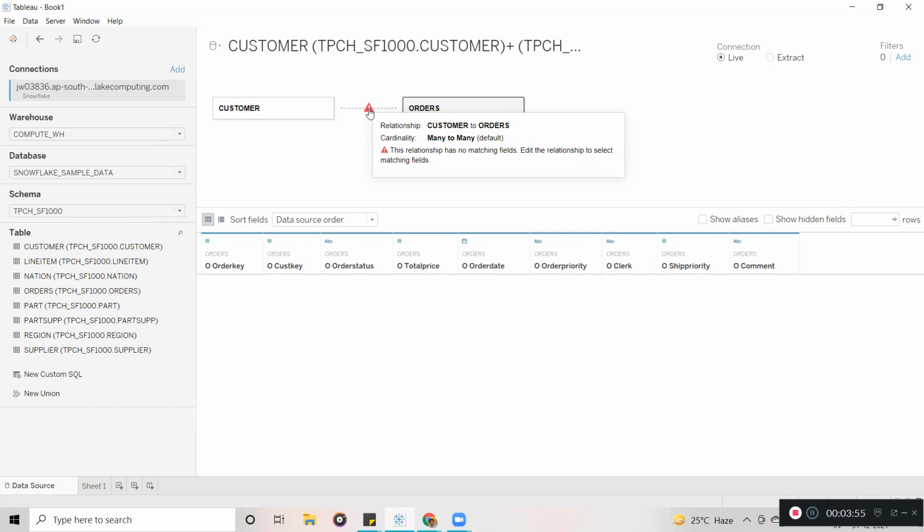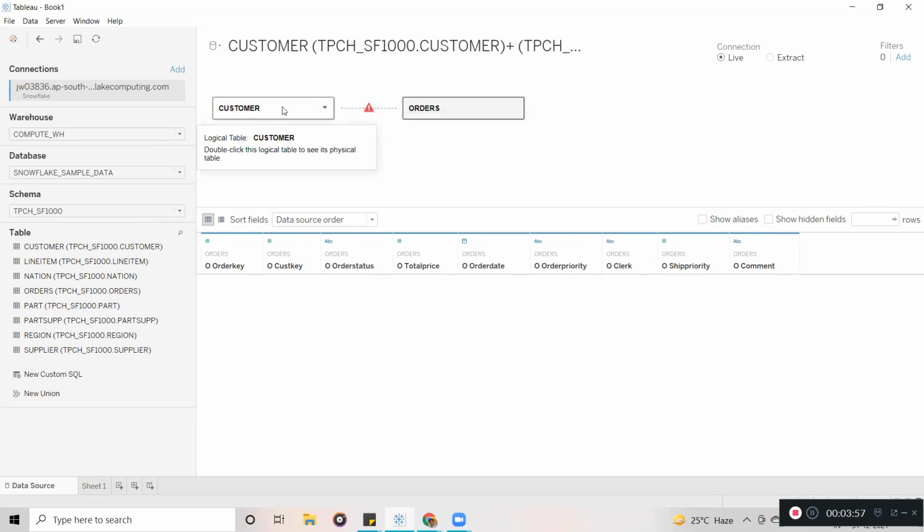It is telling us that for a single customer ID we have multiple customer IDs. For example, take the name Krishna, whose customer ID is 101. Here it says many to many.